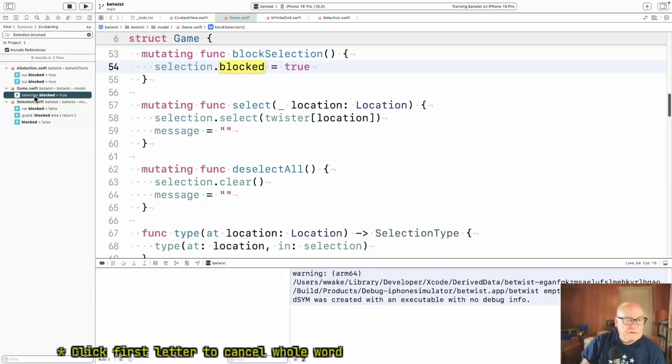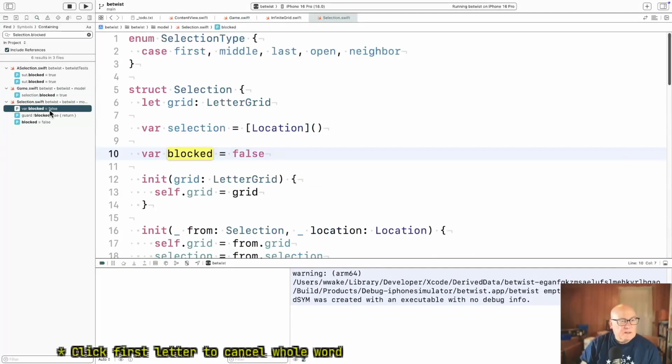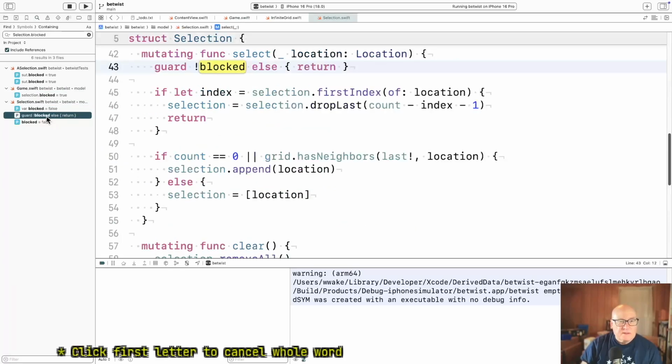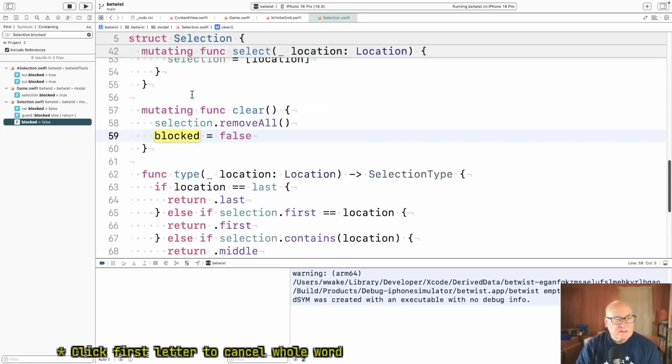Yeah. Okay. Game is blocking. Blocked is true. Blocked is false. Blocked is return. Blocked is false. What's this one? Clear. Okay, I'm very puzzled. If it's not blocked,